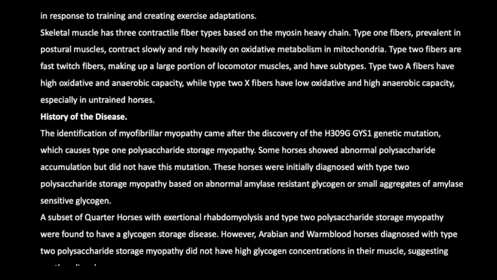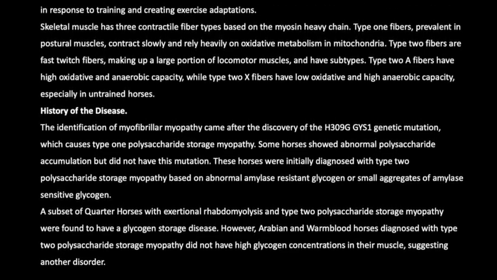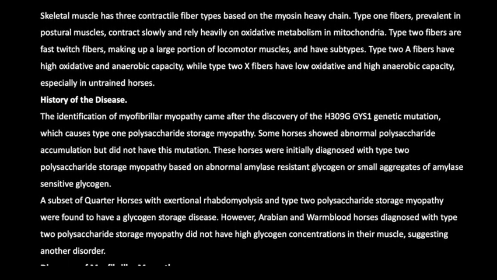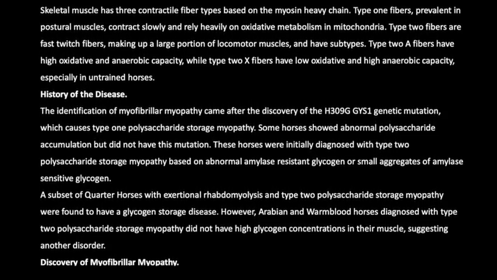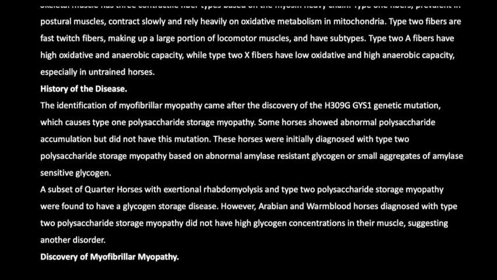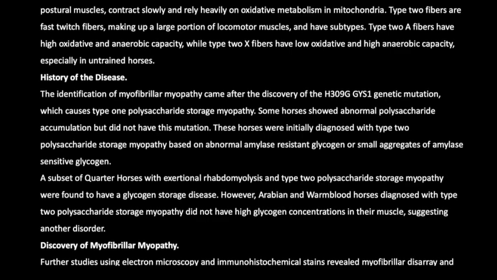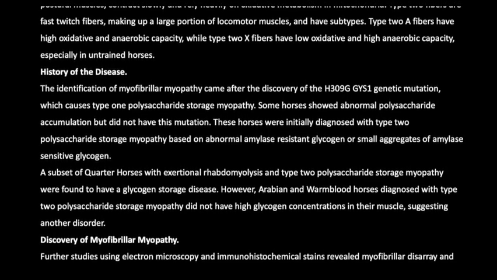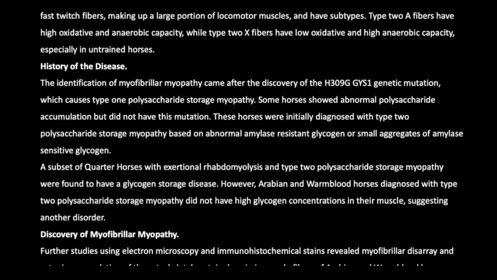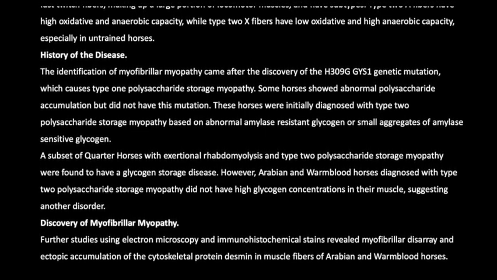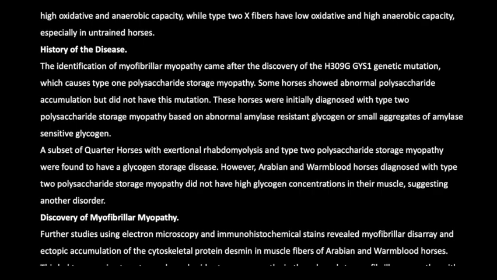History of the disease. The identification of myofibrillar myopathy came after the discovery of the H309GGYS1 genetic mutation, which causes type 1 polysaccharide storage myopathy. Some horses showed abnormal polysaccharide accumulation but did not have this mutation. These horses were initially diagnosed with type 2 polysaccharide storage myopathy based on abnormal amylase, resistant glycogen, or small aggregates